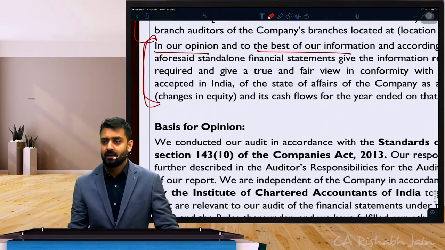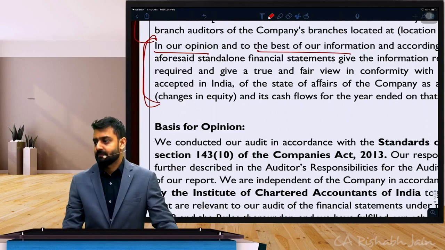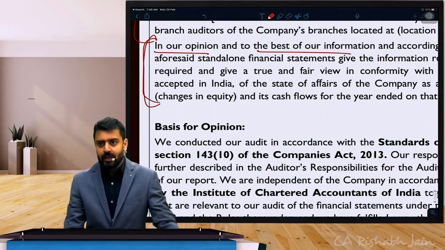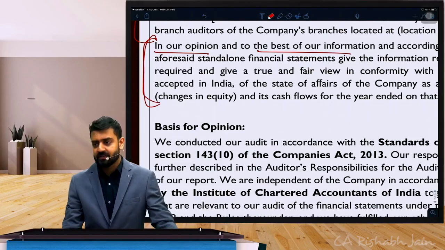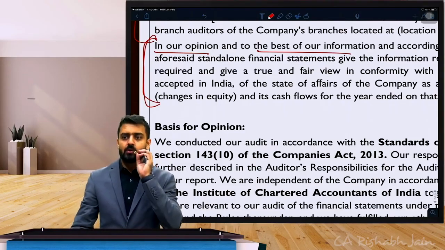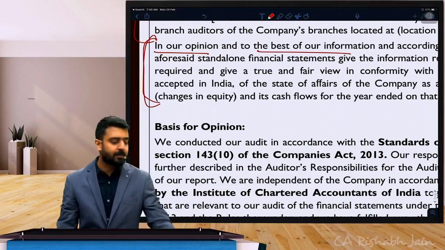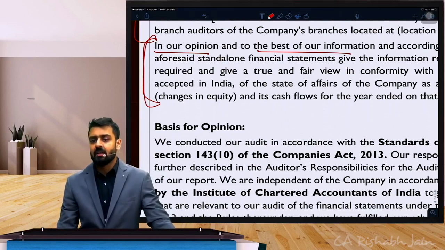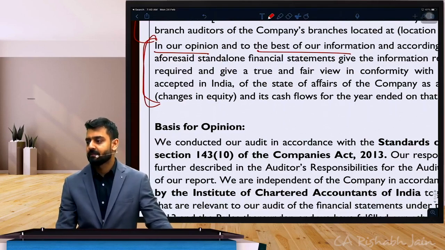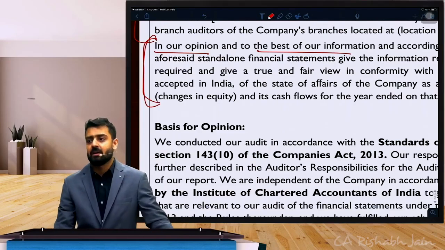Opinion heading. Write down: under the opinion heading, we should include two separate paragraphs, wherein the first paragraph